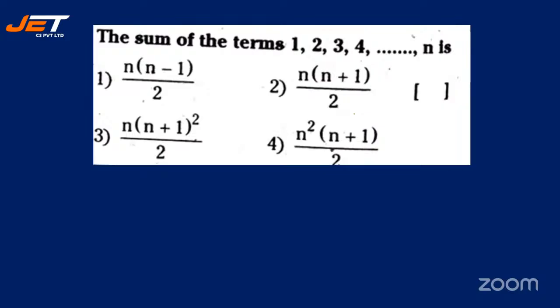The sum of the terms 1, 2, 3, 4 and so on till n is dash. n into n minus 1 by 2, n into n plus 1 by 2, n into n plus 1 the whole square by 2, n square into n plus 1 by 2. So here they are asking sum of the terms. It's not sum to n terms. Now this, I'm really going to see how many are going to give me the correct answers. I've also given you the hint. Let's see